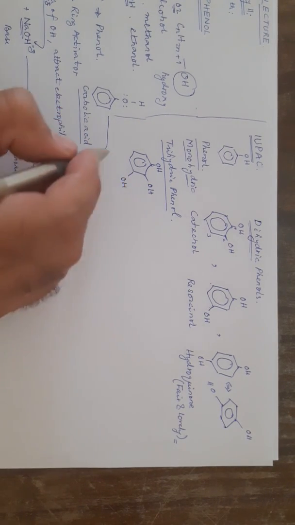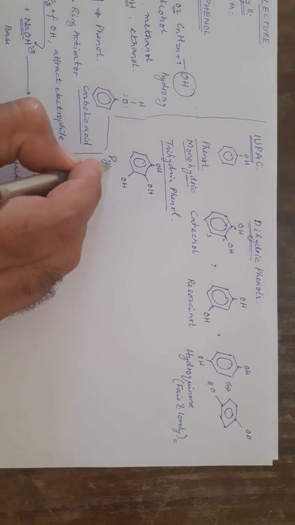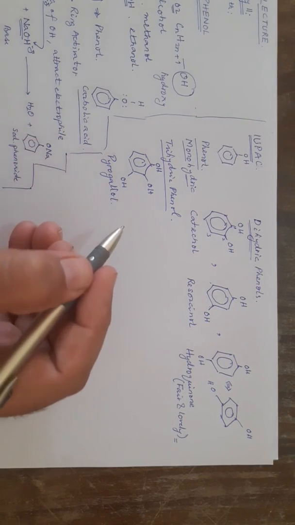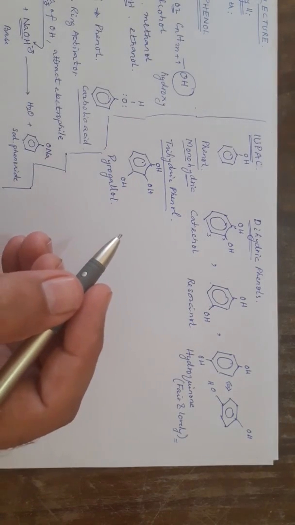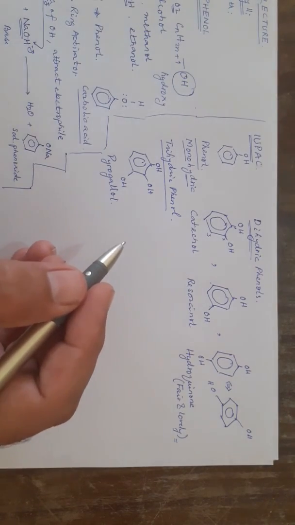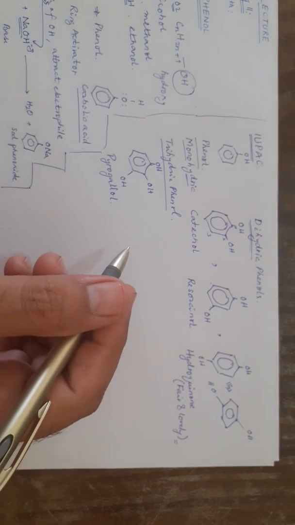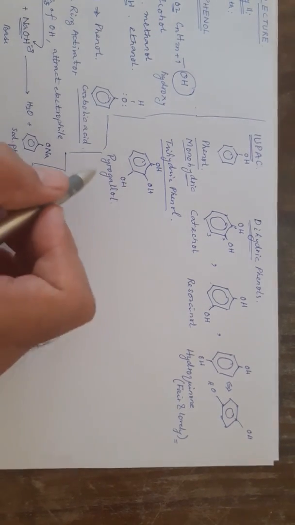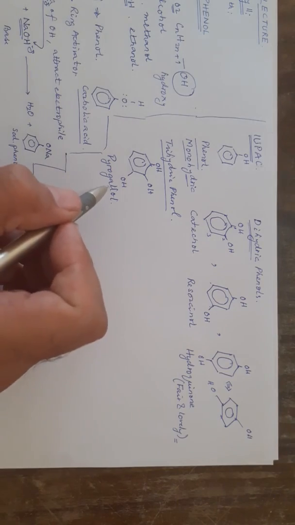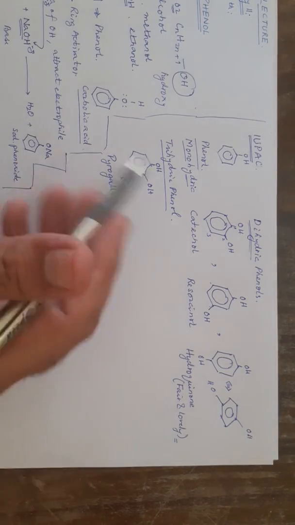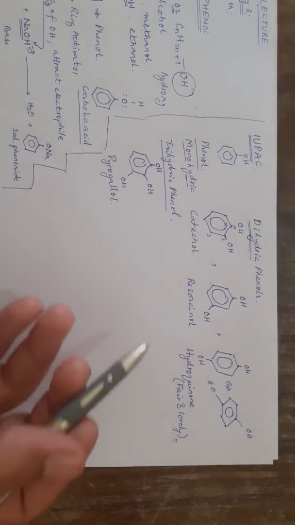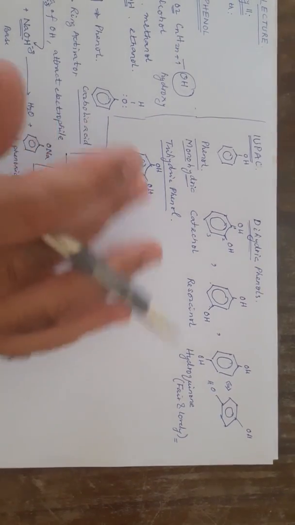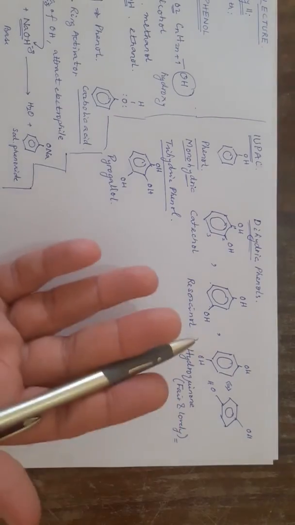This is called pyrogallol. Now, pyrogallol is also an important compound in medicines and in the photography industry. When they used to turn negatives into positives, pyrogallol was used to do it. So these are some monohydric, dihydric and trihydric phenols. There's one monohydric phenol, which is the basic phenol. These phenols have other names